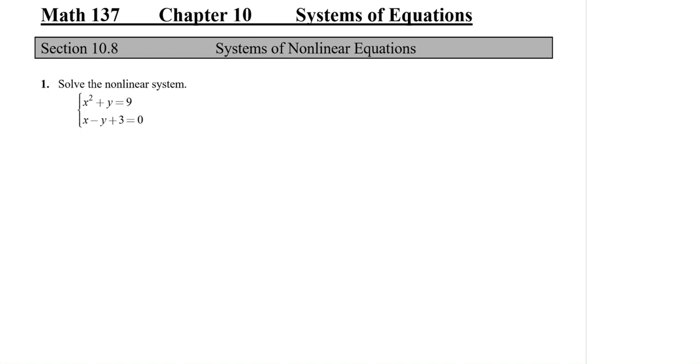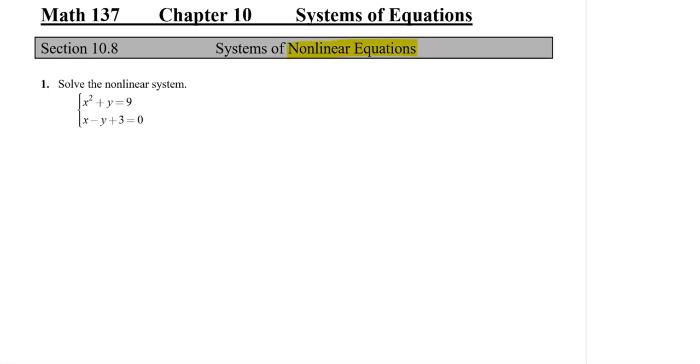You have already solved some systems of linear equations, 2 by 2 systems, 3 by 3 systems. And for the 2 by 2 systems, we used graphic method, substitution method, and elimination method to solve those systems. Now we are going to look at some